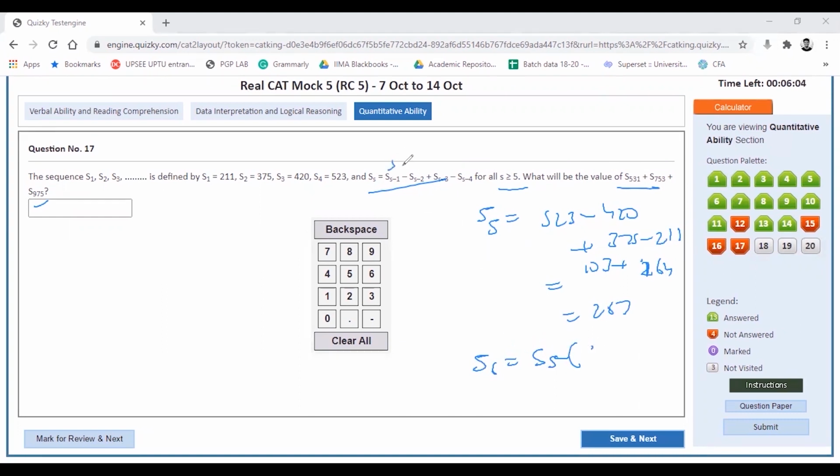this is S5 minus S4 plus S3 minus S2. Okay, and S5 indeed was S4 minus S3 plus S2 minus S1. All right, so S6 becomes in fact minus S1. And similarly, S7 becomes S6 minus S5 and so on. S6 can again be written as S5 minus S4, and this would again cancel and give me the last value of minus S2.